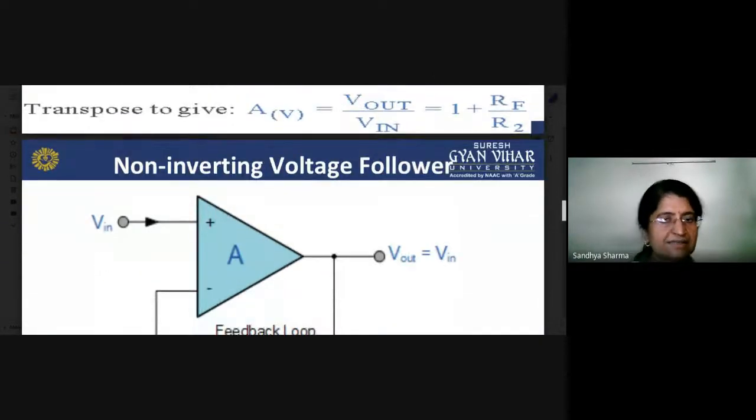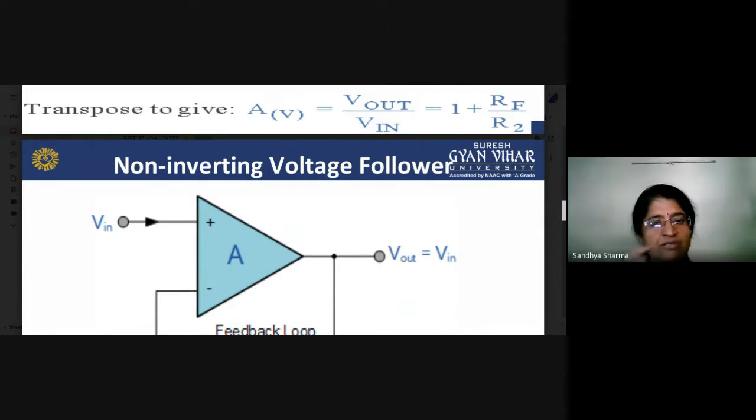We have again studied the voltage follower circuit, where the gain is equal to 1. So now what will happen here? You have again designed a non-inverting amplifier. What conditions do you apply in your non-inverting amplifier so that it works as a voltage follower? And what is the property of your voltage follower? The property of our voltage follower is that the voltage gain is always equal to 1.